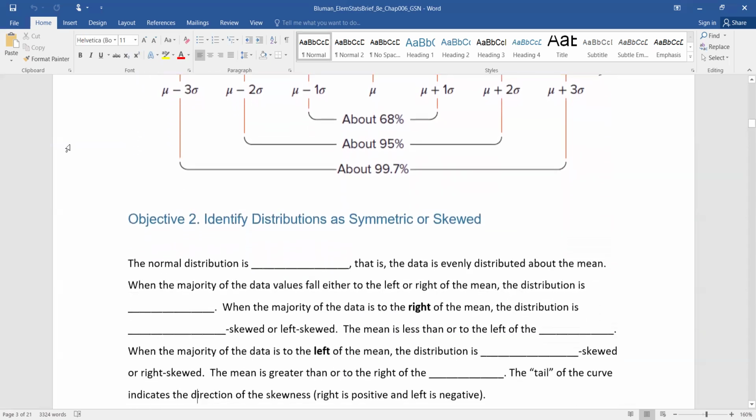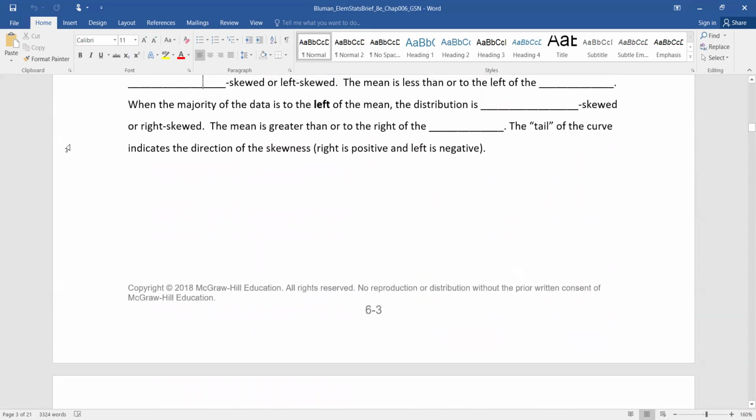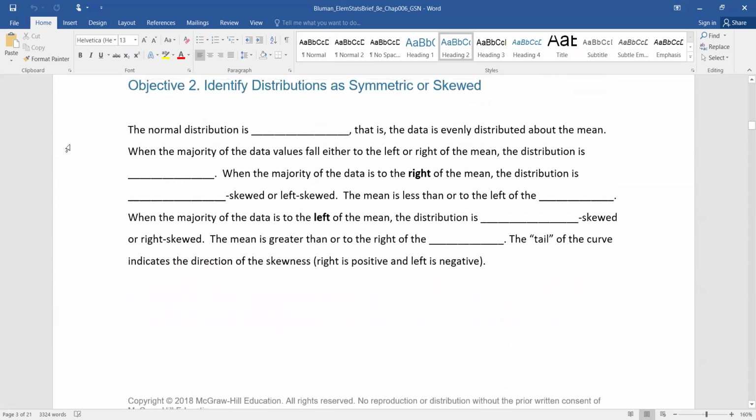All right, in our second objective, we're going to identify distributions as symmetric or skewed. So the normal distribution is symmetric about the mean. That is, the data is evenly distributed about the mean. When the majority of the data values fall either to the left or right of the mean,